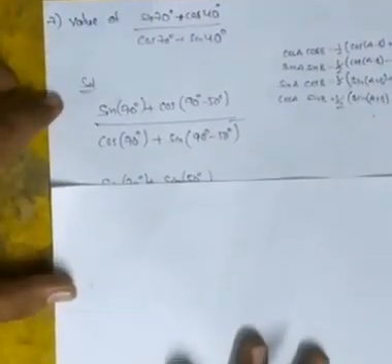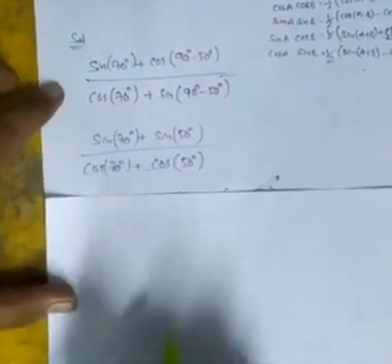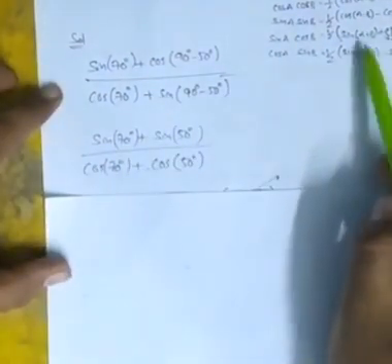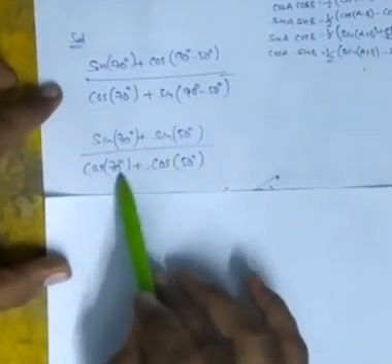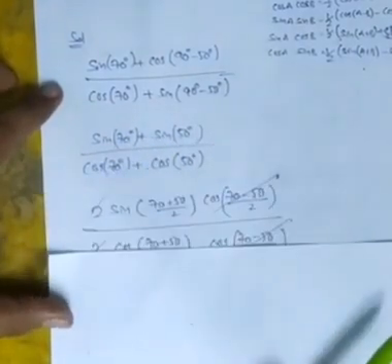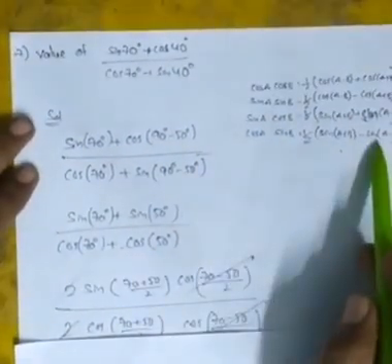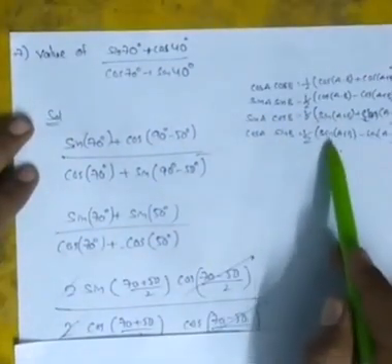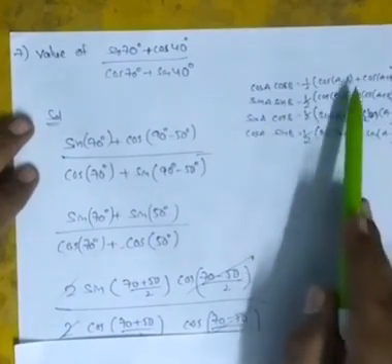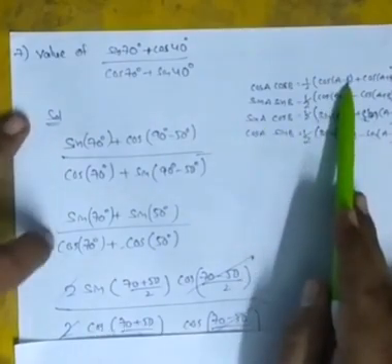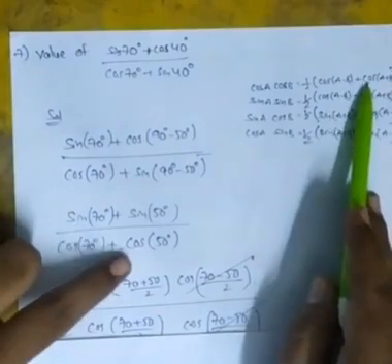So by changing this, we will get the standard formula. In terms of the standard formula, sin A plus sin B by cos A plus cos B. So these formulas we are writing in reverse, those are the first and third formulas. The denominator is cos plus cos. Here it is cos plus cos.